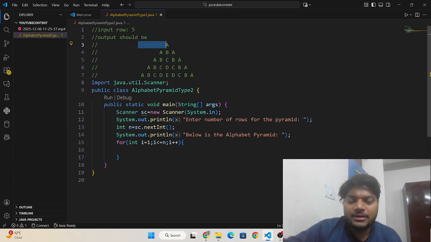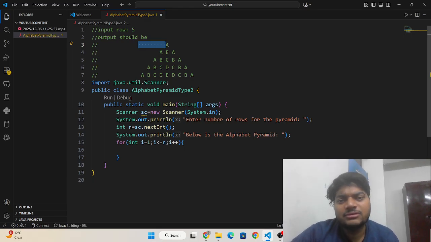If we have 5 rows, then we have 4 spaces to the left of the element in the first row. In the second row it will be 3, in the third row it will be 2, in the fourth row it will be 1, in the fifth row it will be 0.